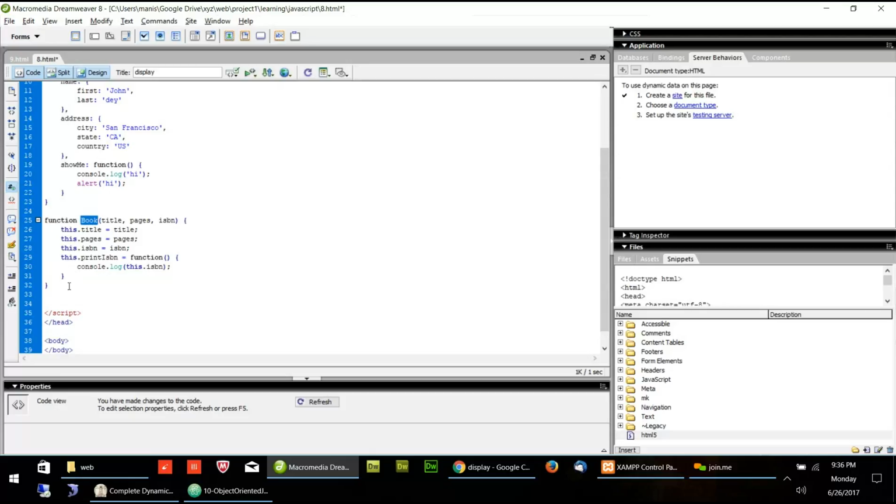Now I will create an object of this function. So how to create an object? I will say var, put any name, for example bk, is equal to, whenever I want to create an object from this function, I will use the keyword new book. I put the keyword new and I put book. And here I want to pass three things. What three things do I have to pass? One is the title. So I can say title as my strategy. Pages, let's say